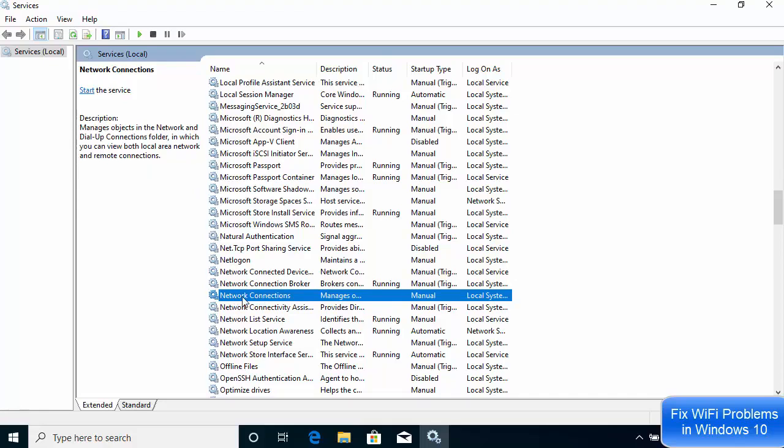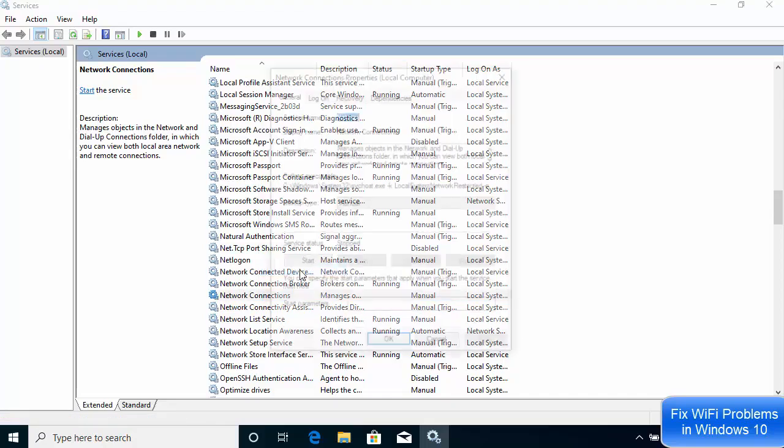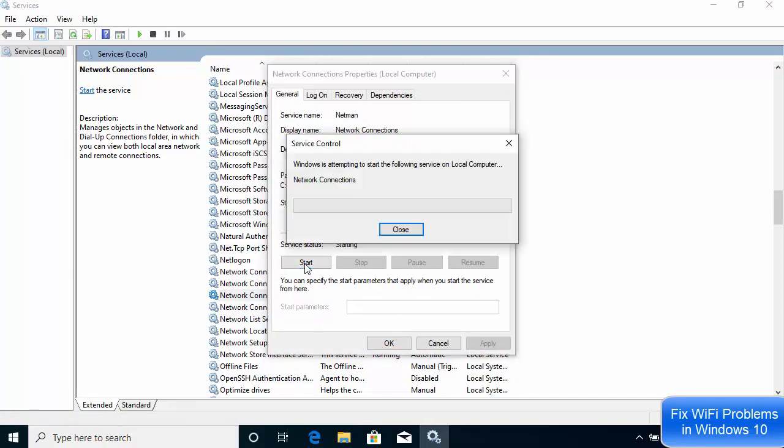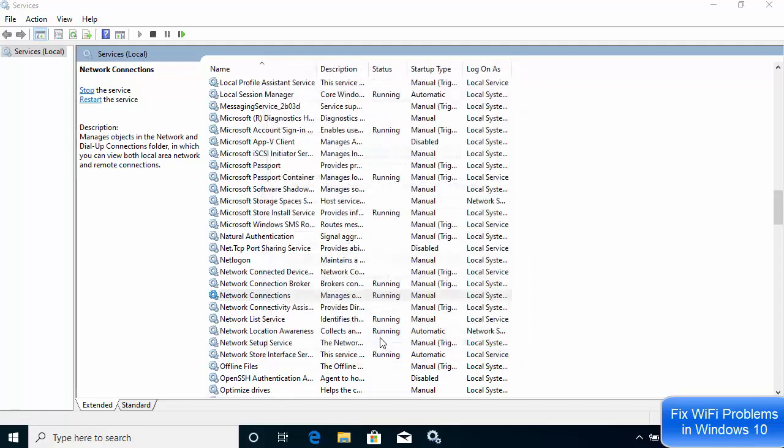I can see network connections. I'm going to right click here, and then either I can start it from here, or I can go to properties and start it manually from there. I'm going to click on start, which is going to start this service, and then click OK, and then check if the internet is working.